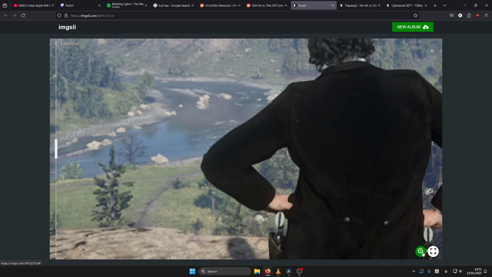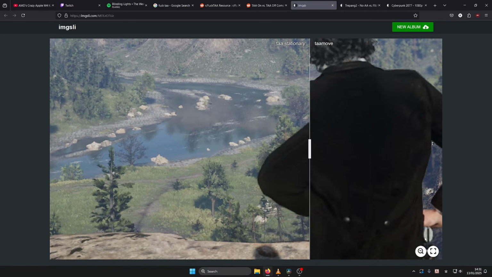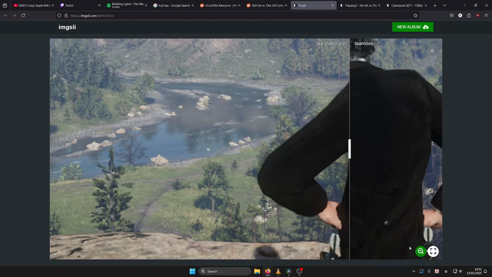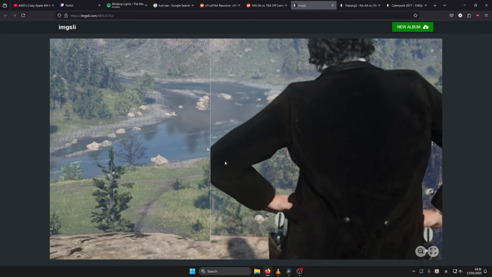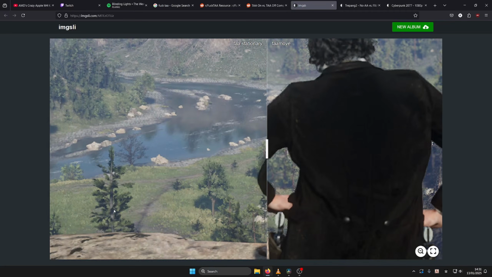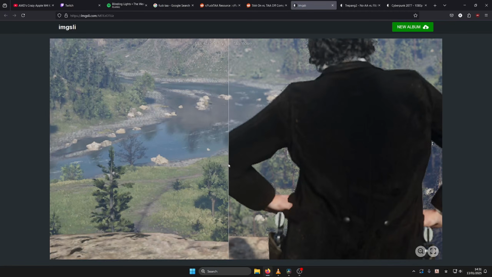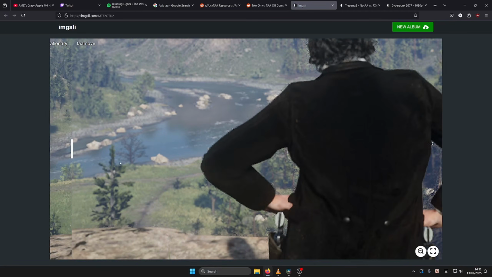And if YouTube's compression is doing a bad job showing you the difference, let me zoom in. Well, can I zoom into a different place? Okay, maybe not. I'm not too experienced with this website, okay? But as you can see, when you're moving, let's look at this tree here. It looks really blurry. So TAA only really looks good when you're standing still. And the point of playing a video game is to play it, you move the character. So when you play the game, TAA blurs the image to an insane degree, okay?